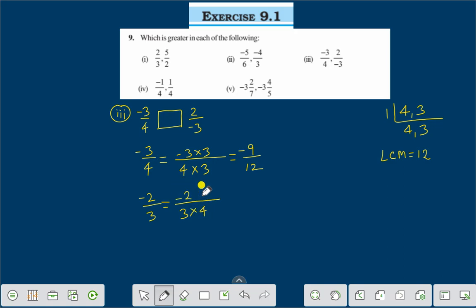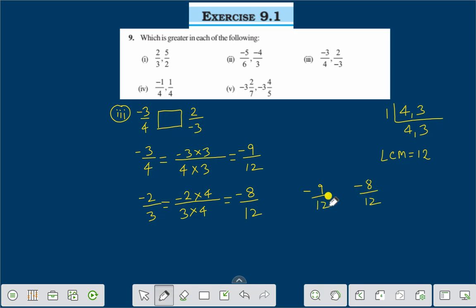Minus 2 into 4 is minus 8, and 3 into 4 is 12. Now if we compare these numbers, minus 9 by 12 and minus 8 by 12,